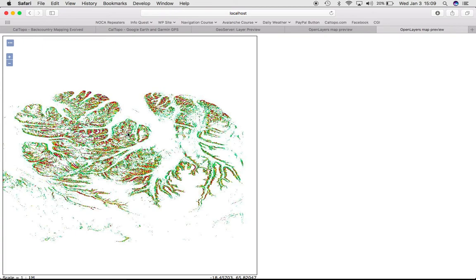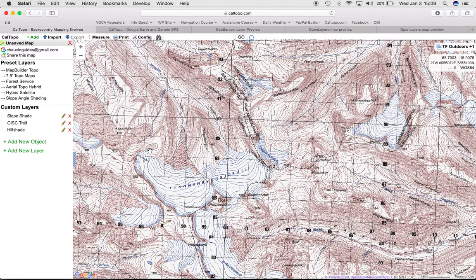Now, so I've been working with GeoServer on my computer, but I've also been testing cloud servers, and there's one, GIS Cloud, which works quite nicely. I still need to price it out. It seems a little expensive to me, but I have a trial period, and I put the topo map, a section of the Troll Peninsula as a topo map, into Caltopo. So right now I'm in Caltopo, and what you'll see here is GIS Cloud Troll, which is I'm pulling this